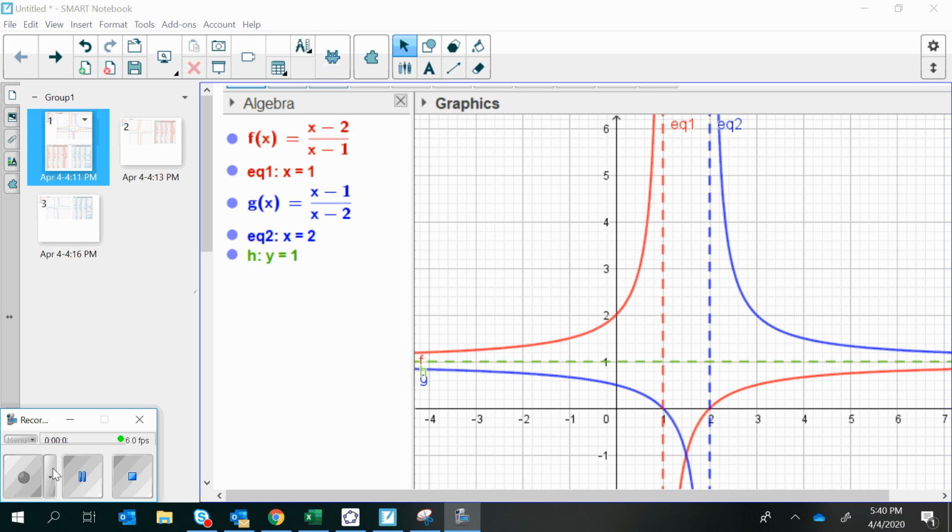Hey there, in this video I'm going to explain a question I had from a student who had been doing some explorations and noticed that with certain rational functions, if you have the numerator and the denominator swapped like this, from f being x minus 2 over x minus 1, and g of x just being the opposite of that with x minus 1 in the top and x minus 2 in the bottom, we have symmetry between the two